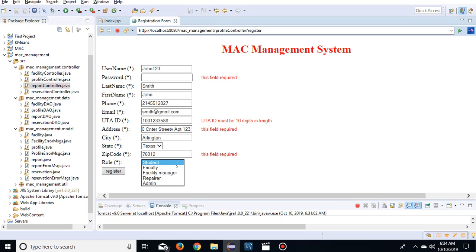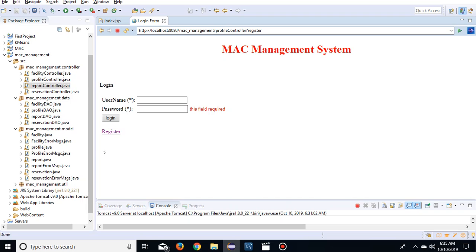And let it be student for the moment. These are the following actions that you can choose, but let's consider student for now. Let's not forget to input the password, and let's hit register. So there you go, we get redirected to the user login page,